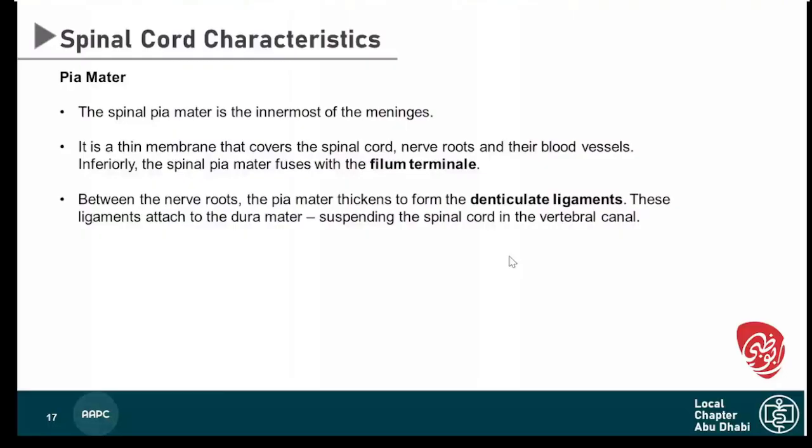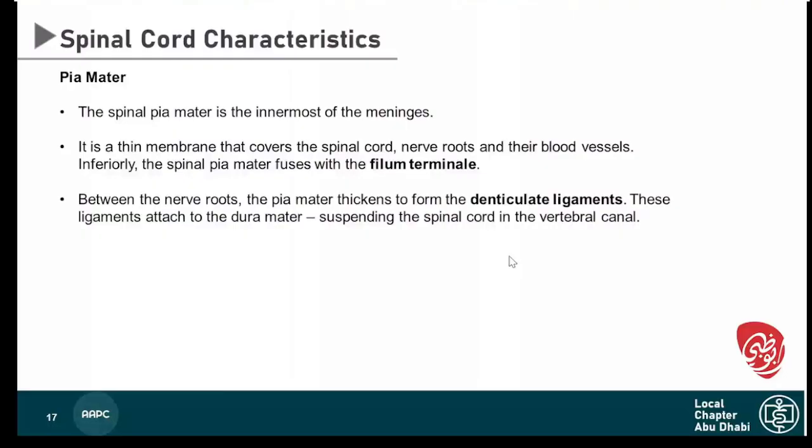These three layers are: the outermost layer is called dura mater, the middle layer is called arachnoid mater, and the innermost layer is called pia mater. The space between the dura mater and the spinal column is known as the epidural space. The space between the arachnoid mater and the pia mater is known as what? Subarachnoid space. Okay,